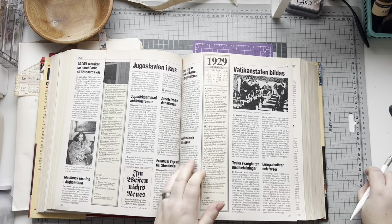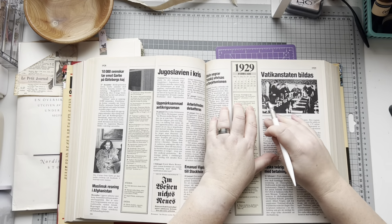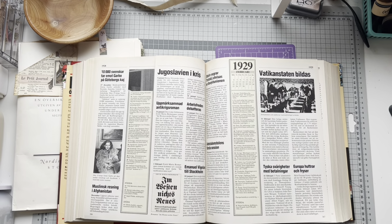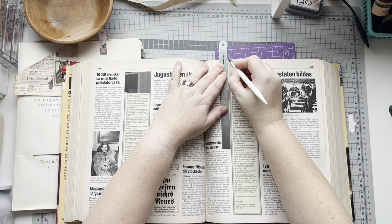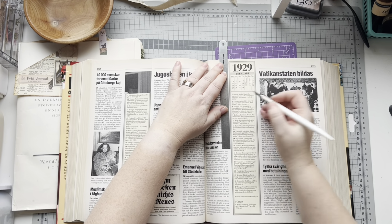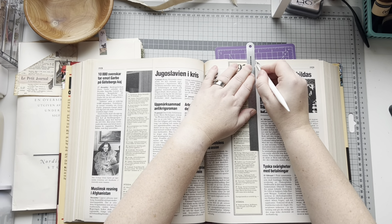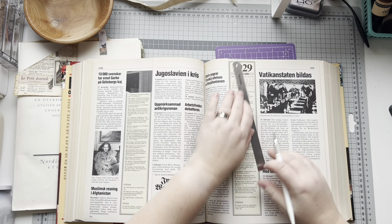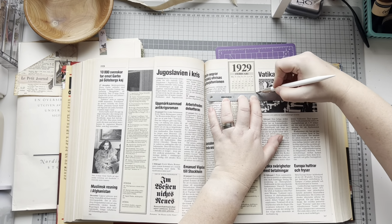And I think I also want to have Greta Garbo over there, one of the most famous Swedish actors ever. We'll cut that out. What's the use in having a ruler if you can't follow with that? Anyway,